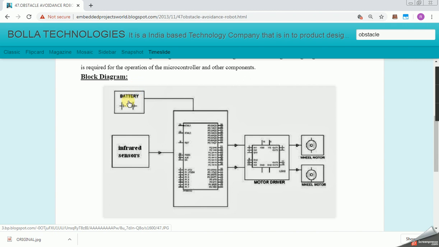Here the power supply will be a battery, because the robot is moving. Instead of giving mains, it is better to give a battery. We need a microcontroller here, and to interface two DC motors, we need an H bridge, that is the L293D motor driver IC. And to detect obstacles, we need infrared sensors.